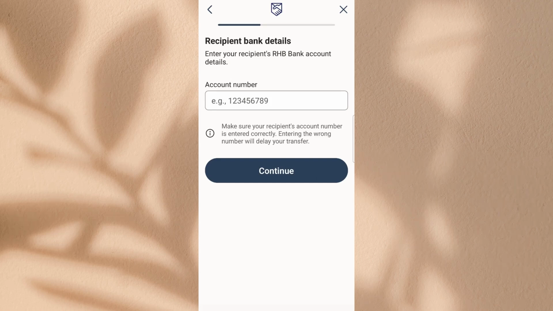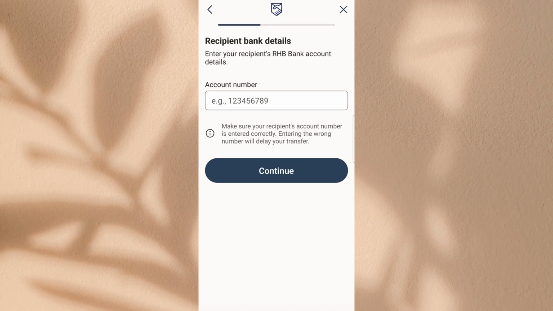Continue to move forward. You'll then be prompted to enter the recipient's account details. Fill these in carefully and exactly as required on the screen. Double-check the information before submitting, especially account numbers and any required banking details, since correct information helps make sure the money reaches the right person without delays. From there, just follow the prompts on your screen to complete the transfer. Review the summary one final time, confirm the details, and submit your payment.